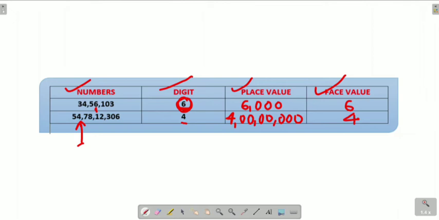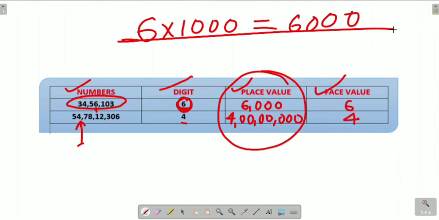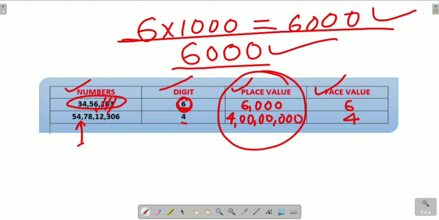So now there is another way, and that is a very easy way to find the place value of these numbers. How? In this number 34,56,103, you can see that we were finding the place value of 6, right? So by multiplying the value of the place, like 6 into 1000, then we got 6000, right? But there is another way. What is that? First write 6, then count the digits after 6. So here we have 1, 2 and 3. So you can put 3 zeros only. Yeah, you can see the answer is same, 6000, in both conditions.